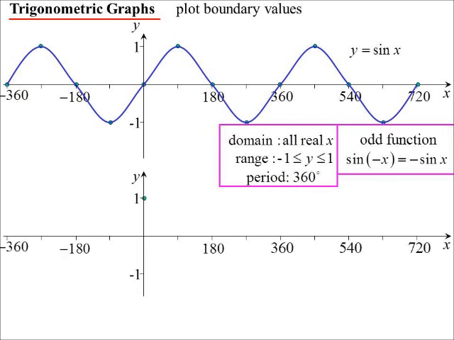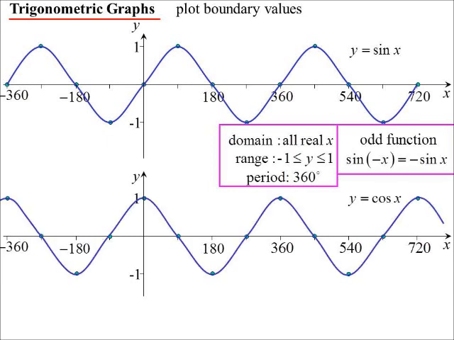Alright, let's look at cosine. So again, it goes between -1 and 1, plotted in the boundary values. Now my cosine curve begins at the amplitude. Right? Cosine of 0 was 1. So I'll plot that in. Cosine of 90 was 0, and once again that pattern continues down, up. And once again we draw a nice curve in, and there's cosine x,